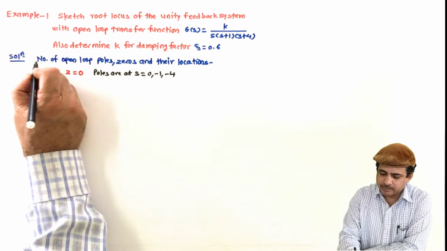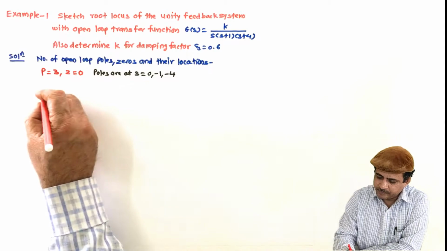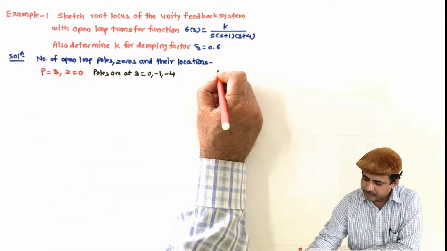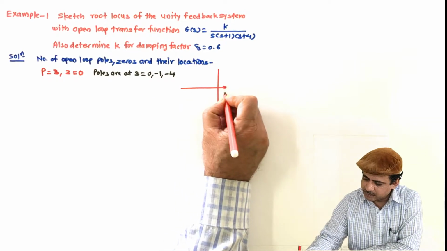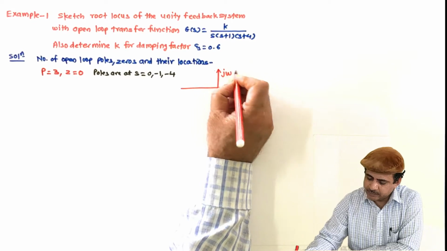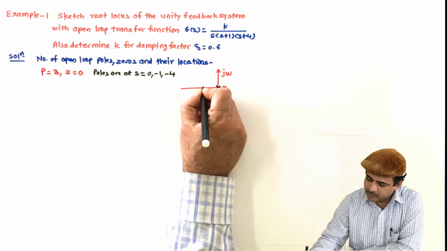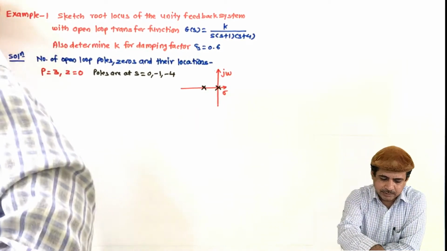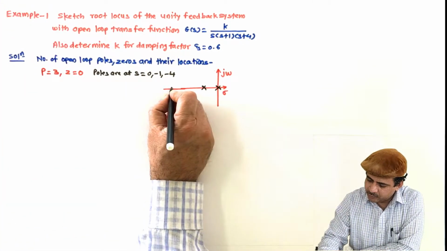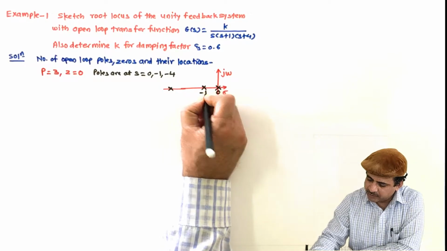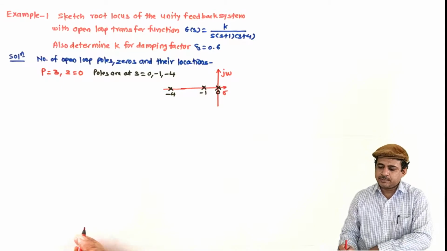And then we will sketch its pole-zero plot. So this pole-zero plot will be, let us do it here. S plane. So the poles are at s equal to 0, s equal to minus 1, and then s equal to minus 4. So this is 0, minus 1, minus 4. Then the step number 2 is